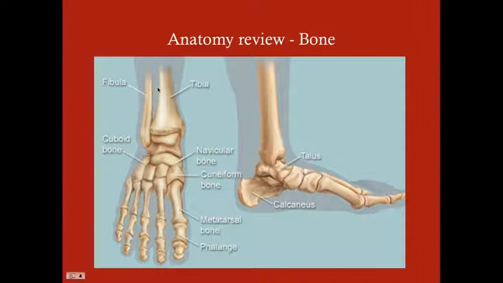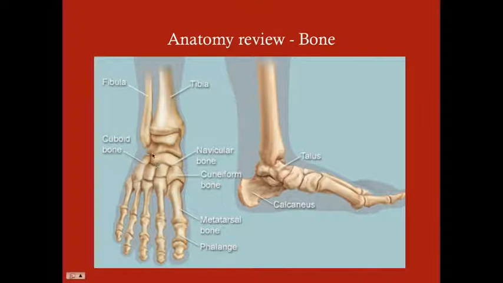So just as an anatomy review, we've got the two bones of the leg, tibia and the fibula being lateral, tibia being medial. They articulate with one another, and then they also articulate with the talus. The talus would be your most superior tarsal bone. The talus articulates with the calcaneus, which is the most inferior, and it's also your heel. And the talus also articulates with the navicular bone, which is sort of this tarsal bone that's all in the